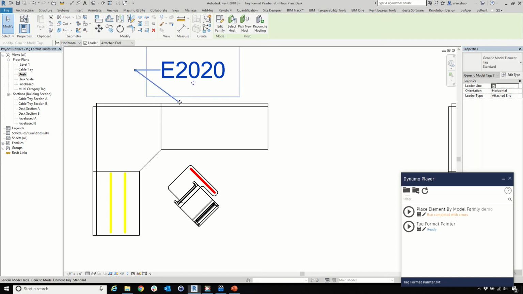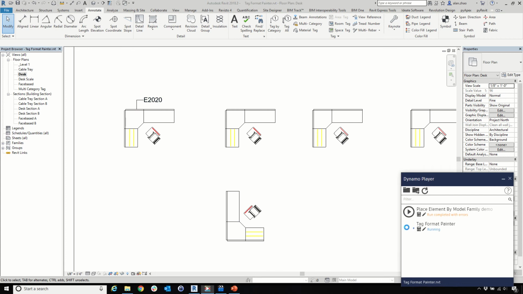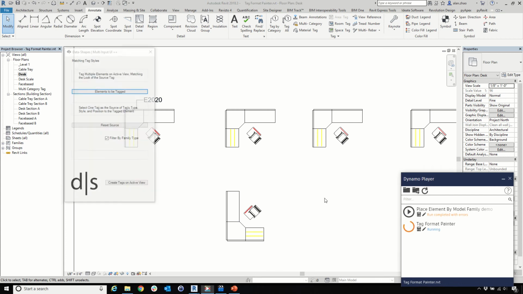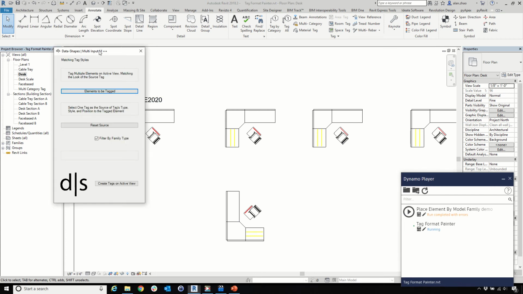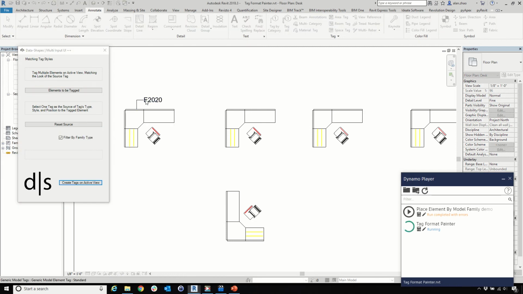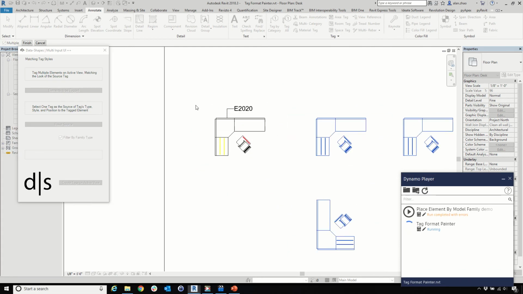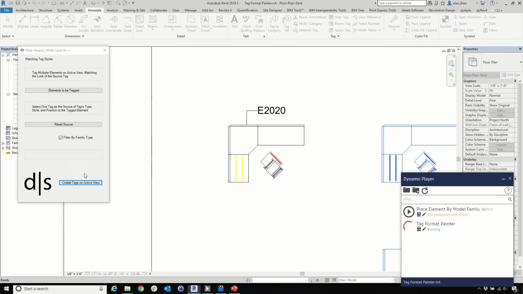I can come here and create a source tag in the way I want it, and go run. What it will do is ask me to select one tag as the source. I'm going to pick this as the source and then select elements to be tagged. I'm just going to select everything over here. Go finish, create tag on active view,